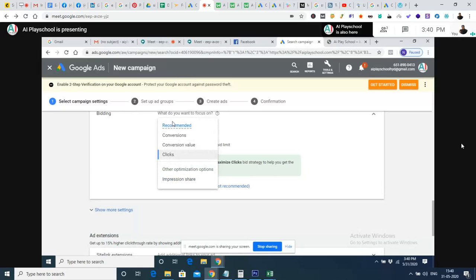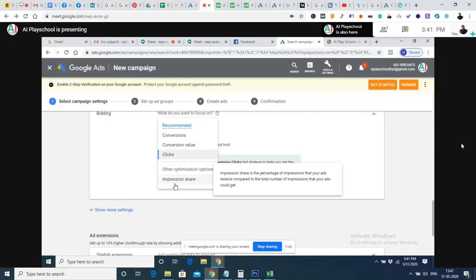So here we can see conversions, conversion value, and we have the option for impression share. Suppose we choose impression share, Google will put its own value in order to get the total amount of impressions for those particular keywords. Suppose we set 30% or 35% for a keyword, our impression share will decide the pricing and make the conversion to be achieved. It will be fixing its own budgeting and competitive budgeting, through which the impression share will be used to get the maximum amount of leads for a particular search term.